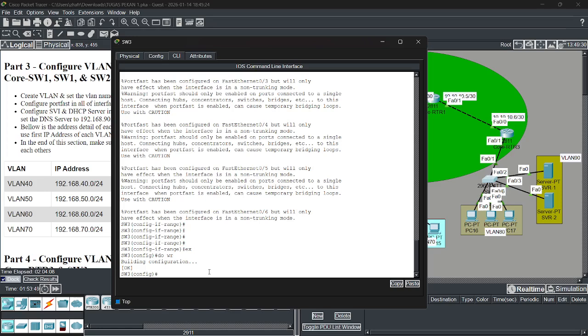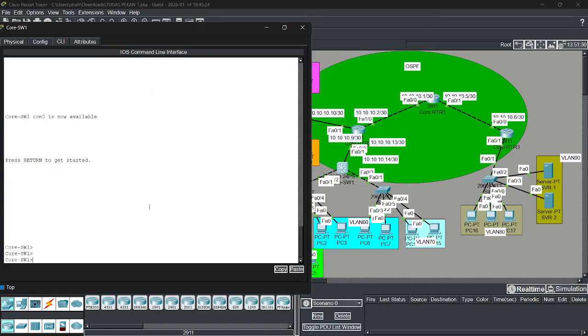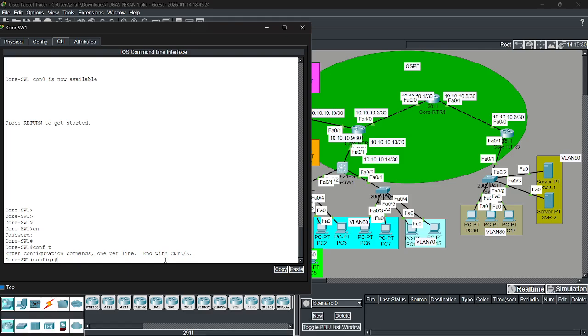We go to core switch 1. Core switch 1, enable, Cisco. Okay, we go to interface FA0/2 to 3.